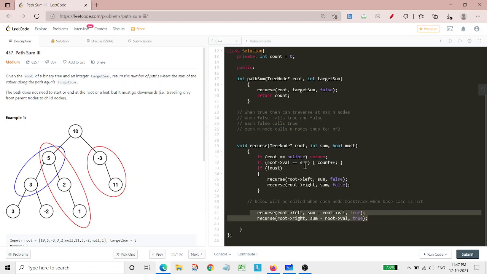But at this moment, after doing this sum minus root value, after subtracting, it won't enter this particular portion,